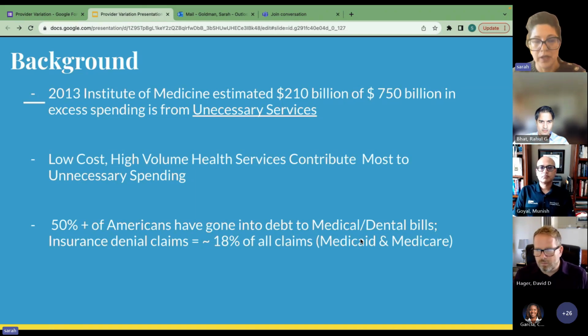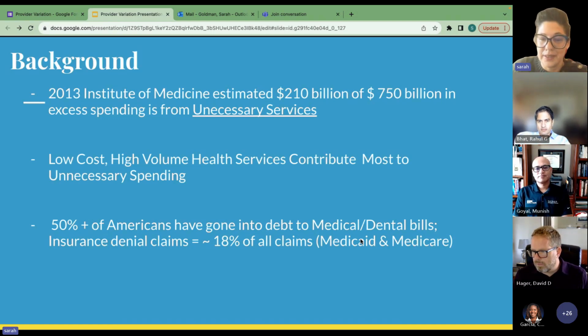The other final really important thing to understand is a lot of Medicaid and Medicare actually denies hospital claims, right? So about 18% of all claims are actually denied. So you may think that you're admitting a patient with a very justified reason, but actually those claims are getting